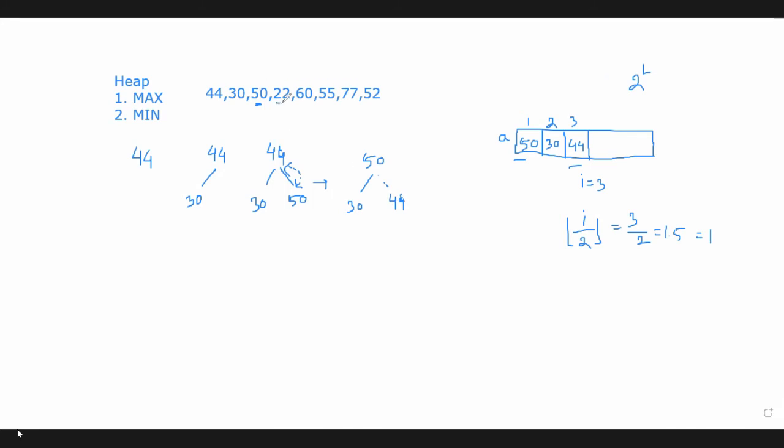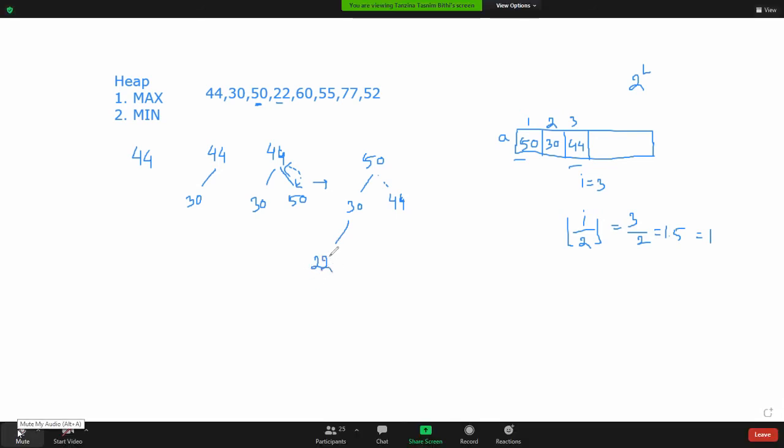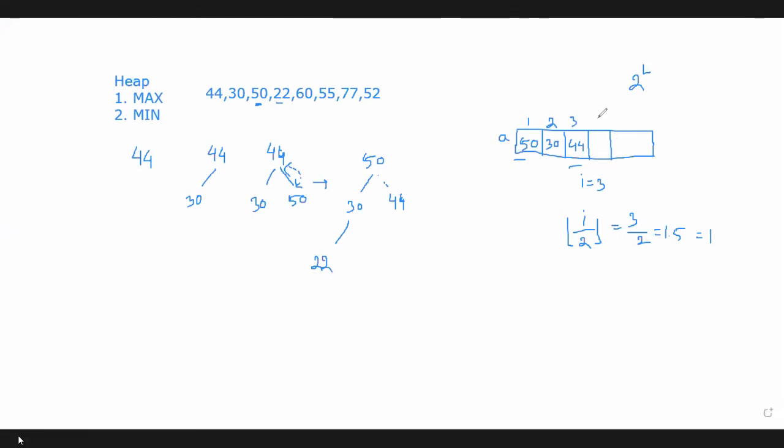Now we can insert the next node 22. Where to add that node? In the next level. Okay, so now here we will insert 22. So it's a complete tree, but is it a max heap? Compare that node with its parent node. 22 is less than 30, so it's a max heap. And every time at the time of insertion, we'll always insert a node as the last node of the array or last node of the tree. So here 22 will be inserted. After inserting a new element, now the value of I is 4.